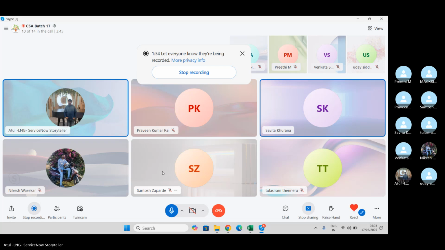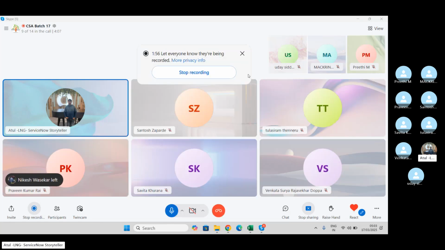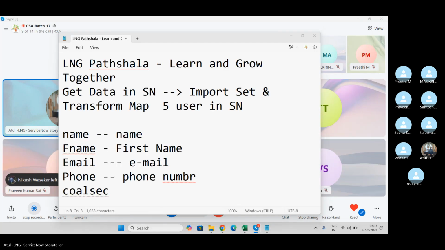Now the thing is that ServiceNow also provides a kind of website to order products, because we are talking about the admin part, and in admin we have a concept called service portal.